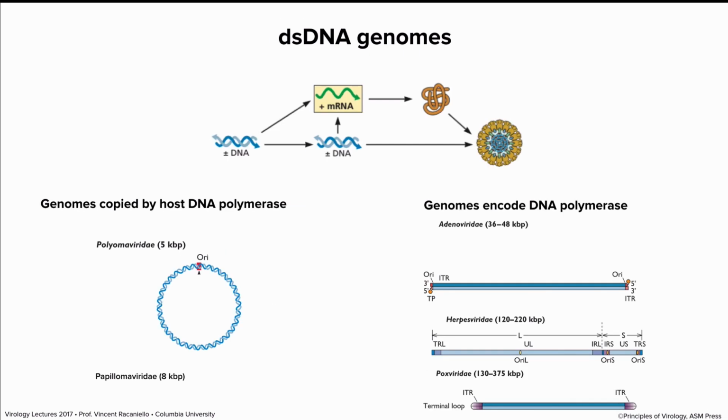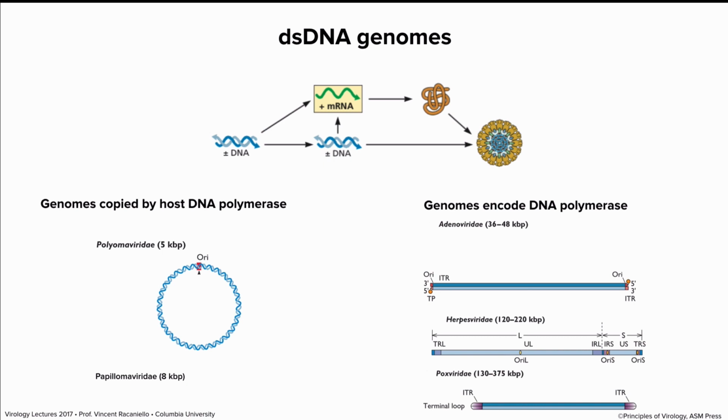How do they replicate? As you know, double-stranded DNA can go directly to mRNA. So when these viruses enter the cell, the first step can be transcription of that double-stranded DNA genome to make mRNA. The mRNA, of course, encodes for proteins. Now, in general, you will see that there is always at least one viral protein that has to be made in an infected cell before DNA replication can occur. That's an important rule to remember. So early in infection, some proteins are made to facilitate DNA replication. We'll talk about how the DNA of these viral genomes is replicated. And then in the end, the DNA and the proteins come together to make new virus particles.